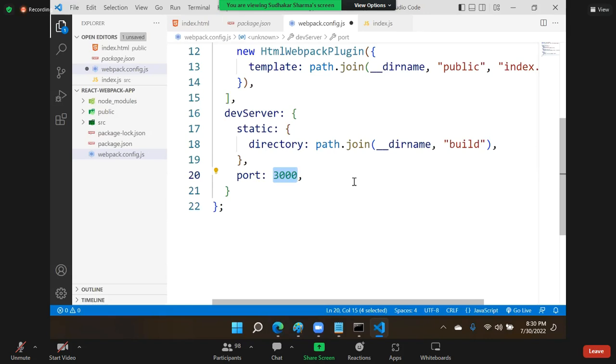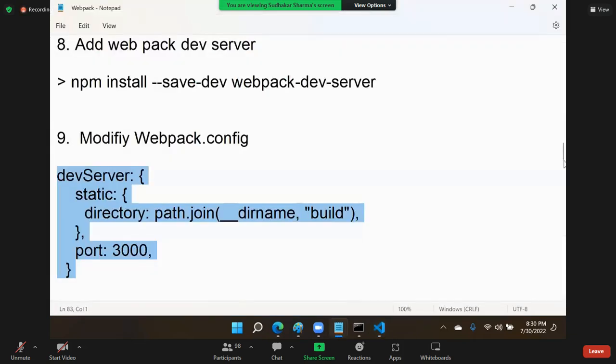So already some applications may be running. You can use a different port number, right? This is currently port 3000 as per tradition. If you want, you can change the port number. So the server is also ready. After the server is ready, next step,